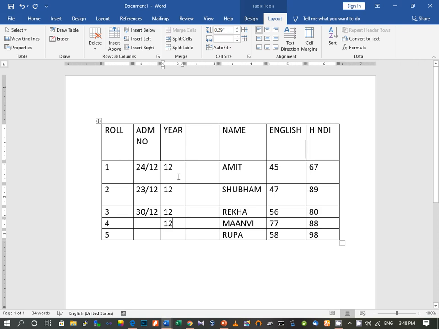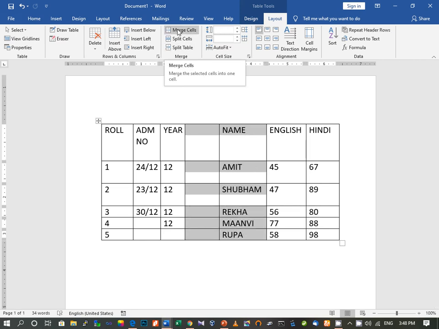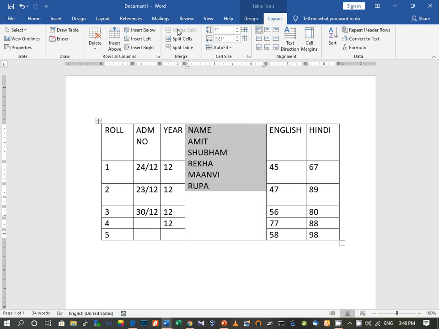Now after splitting, the next option is how to merge cells. Suppose you want to merge both of these because you think the column name requires more space. I will select this entire column and click on merge cells.